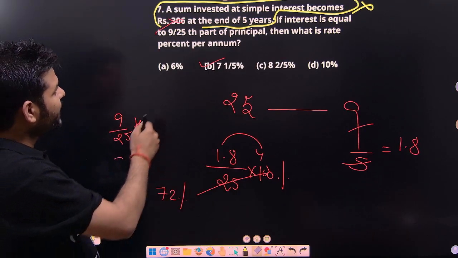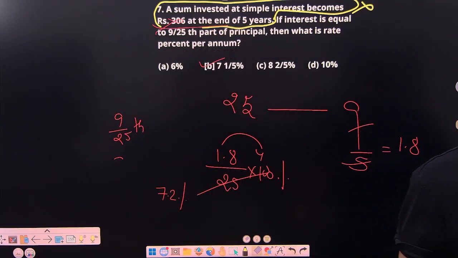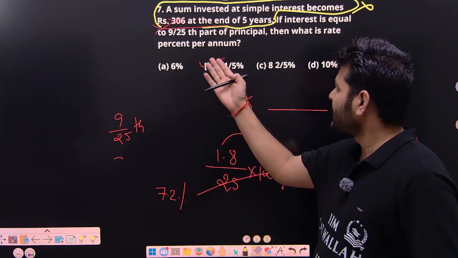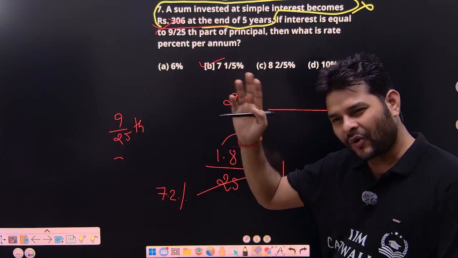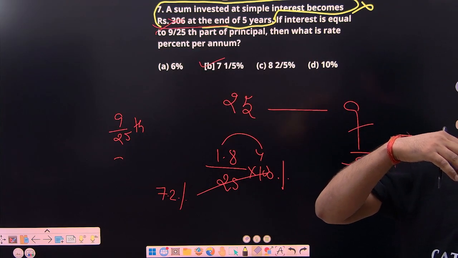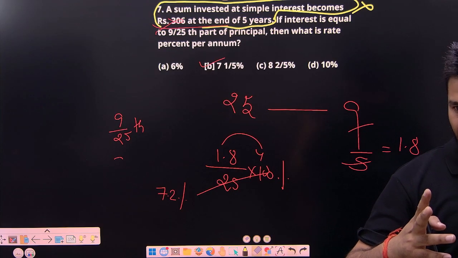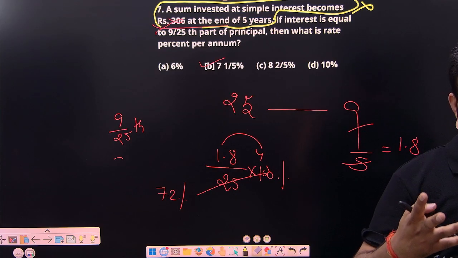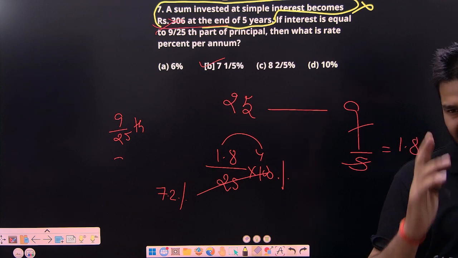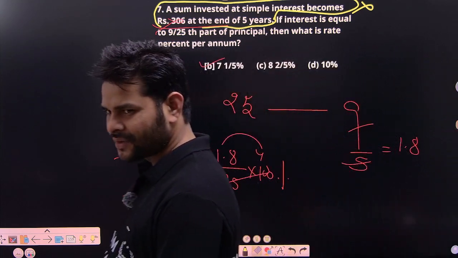Whatever value he has given in the first line is just to confuse you. No use of that value. The reason behind it: whenever the question asks for a percentage at the end, we have already discussed that point in the percentage topic. When the percentage is asked at the last of the question, you need not take the actual or real value. You can directly take any random value. Okay, any question?